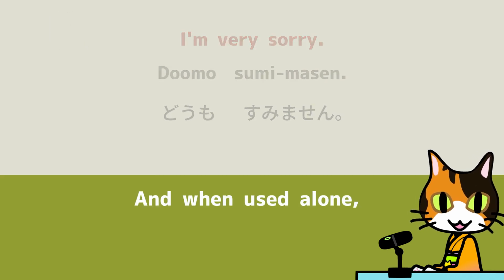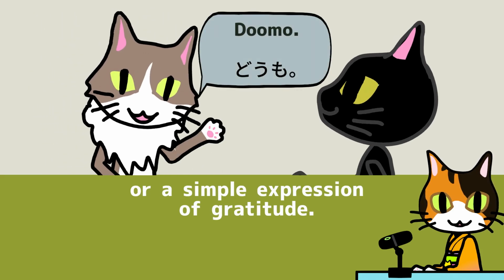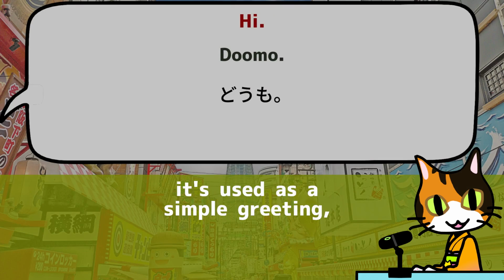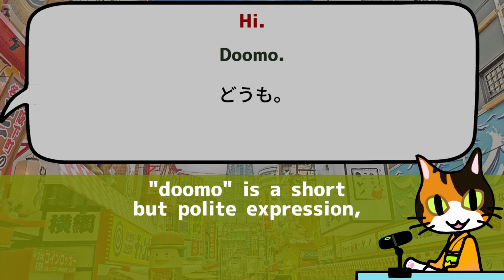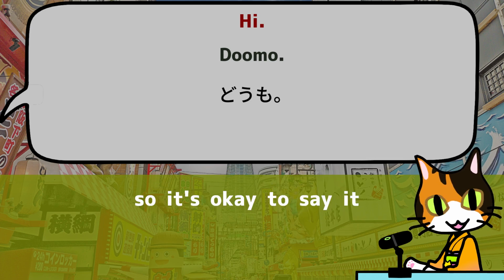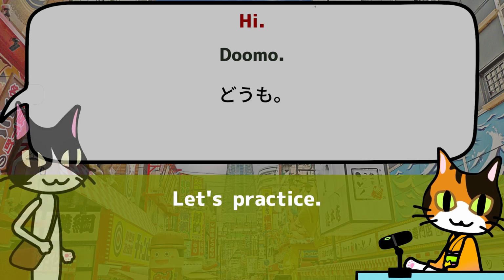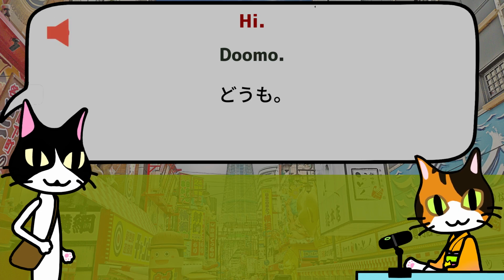And when used alone, domo is used as a simple greeting or a simple expression of gratitude. In this situation, it's used as a simple greeting, similar to, hi. By the way, domo is a short but polite expression, so it's okay to say it to someone you don't know well. Let's practice. どうも。